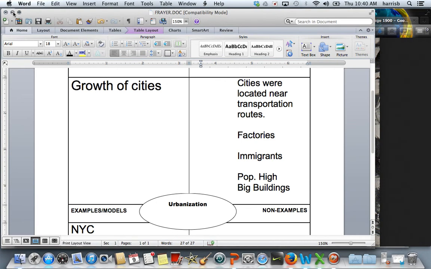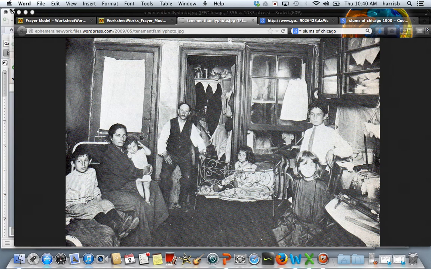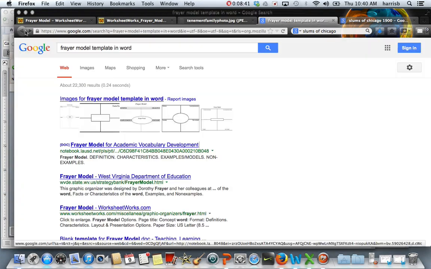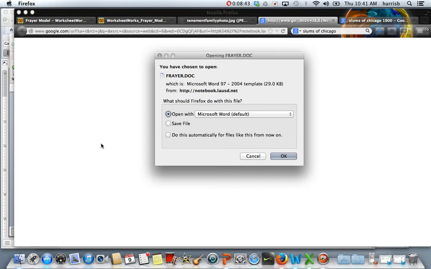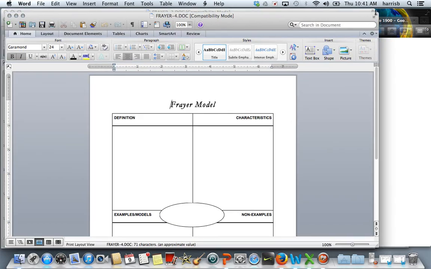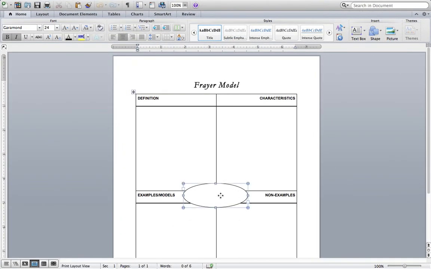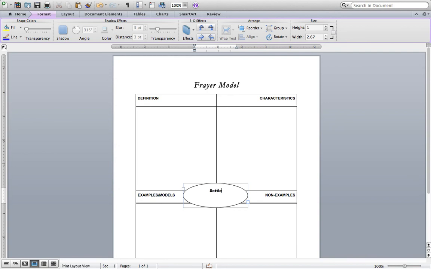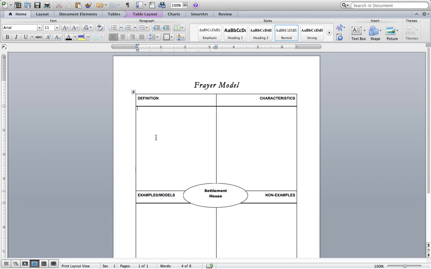All right, so this doesn't seem like it's really a good thing going on here, but there is help on the way. And let me open up a new Frayer model here. The next term that we learned was the term settlement house. Now, a settlement house is very important, and they were popping up all over the country. The most famous ones were in big cities like Chicago and New York City. The first one was in Chicago, but these were community centers